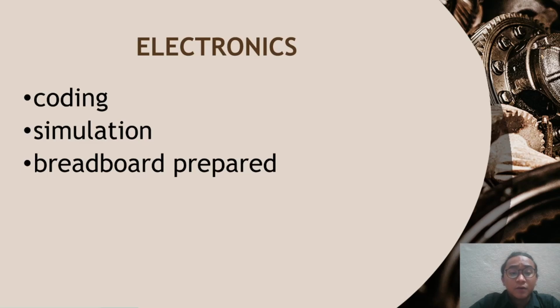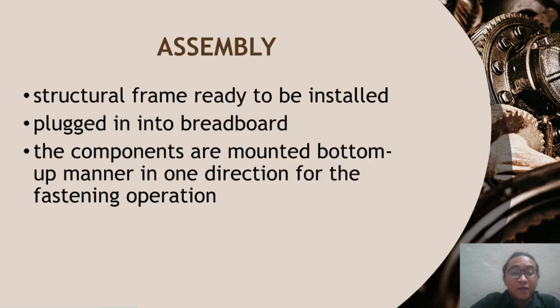Next, the breadboard was prepared by gathering all the electrical components required, like jumper wires, wires, resistors, and the Arduino board. Finally, the structural frame of the wheelchair is ready to be installed with the electrical components, with 12 volt and 5 volt DC batteries and the button control configuration. They were plugged into the breadboard, and finally, a complete installation of the hardware and electrical components is the final